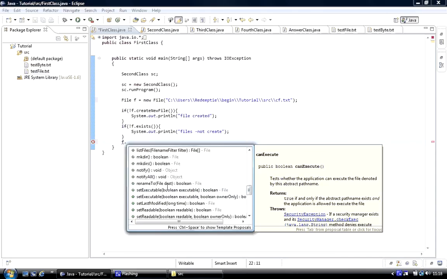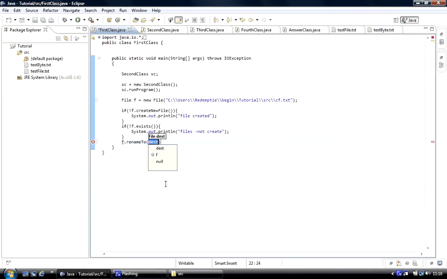So now what we need to do is put in the destination. Rename to, well, that's not the one we're looking for. Yeah, what you need to do is you need to create new two files. So you've got this file, and you want to create another one, and so you can do it here, create another file, but you can also do it in here. You can go right new file,